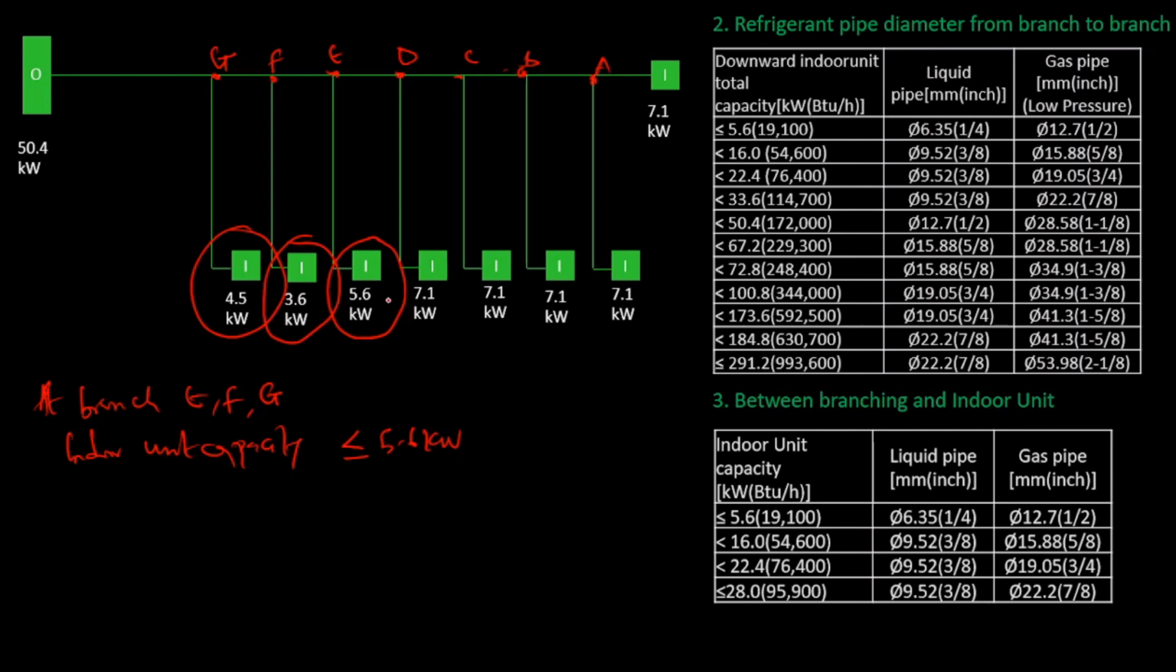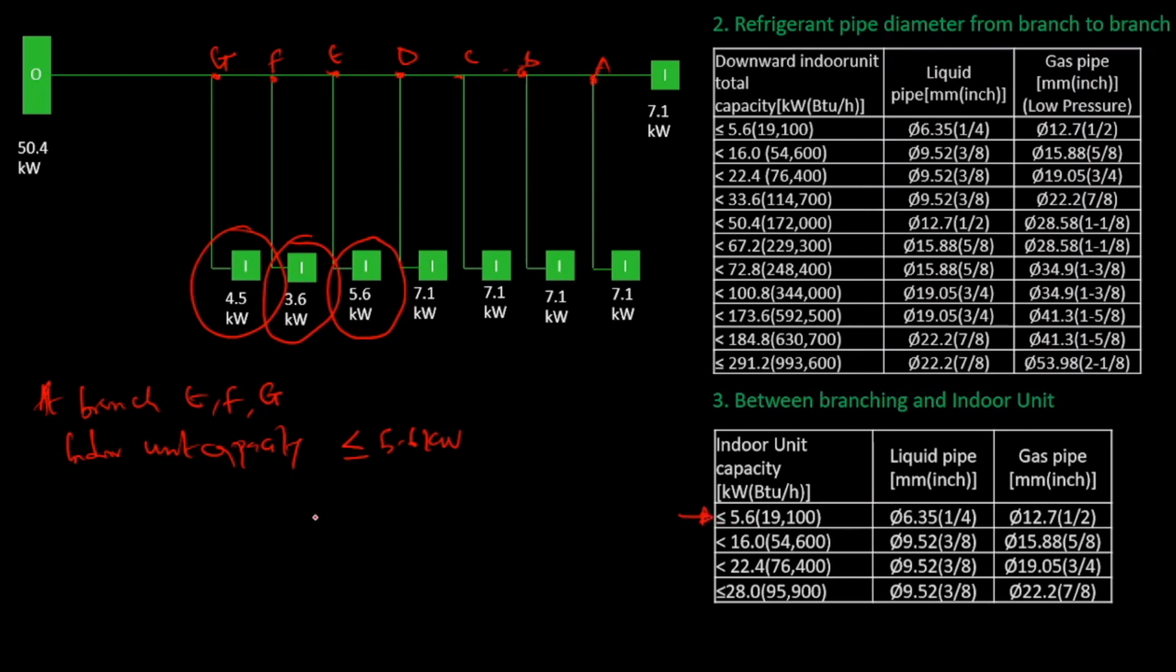For example, you see that the indoor unit connected to branch E is 5.6 kilowatts, right? The indoor unit connected to branch F is 3.6 kilowatts, and that's less than 5.6 kilowatts, right? And then for branch G also, the indoor units connected to it is 4.5 kilowatts, which is less than 5.6 kilowatts, right? So the correct pipe sizes to use are in this